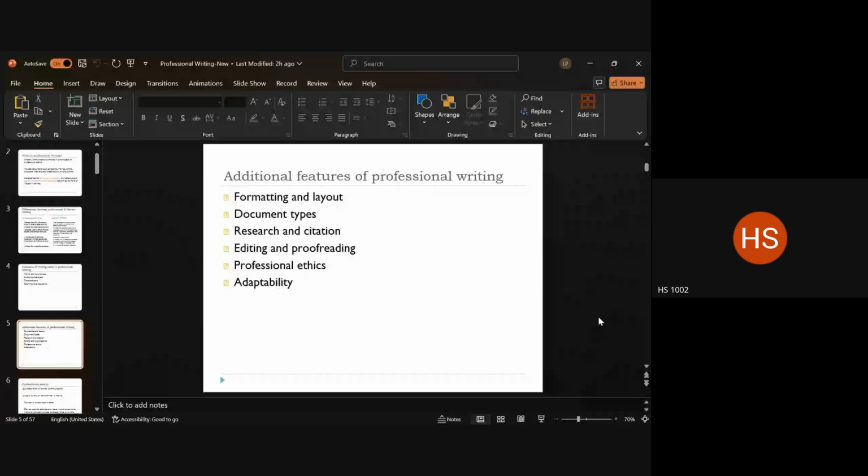Professional ethics. What does professional ethics here stand for? So, for example, if you were required to obtain consent or a no objection certificate or no conflict of interest documents from other parties involved, you need to ensure that all of that is also attached to your documents, right? This I am particularly talking with respect to professional documents like reports and project summaries, which happen at a large scale organizational level. That we'll do only in the second part of the workshop, which is the next set, reports. But for this run, we're only looking at professional emails.